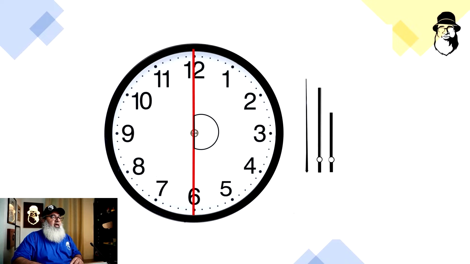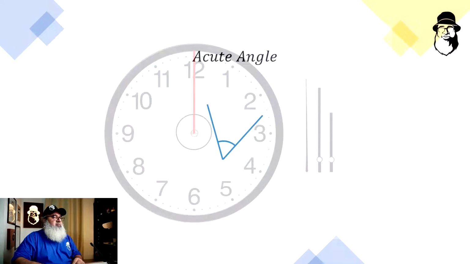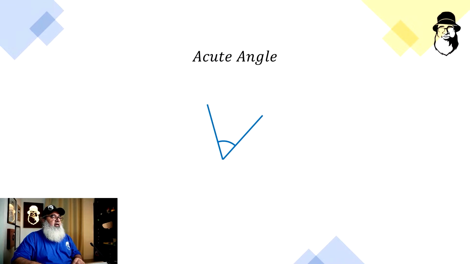Here we have 2 right angles or a half of a turn. Then here we have 3 right angles or 3 quarters of a turn, and here we have 4 right angles or a complete turn. Now, an angle that is smaller than a right angle is called an acute angle, like